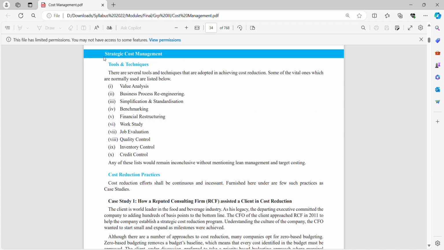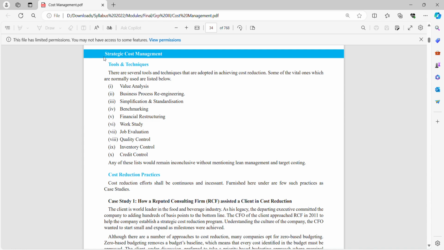There are several tools and techniques that are adopted in achieving cost reduction. Some of them are very, very important. Vital means important. Value analysis, business process re-engineering. Value analysis is nothing but we analyze which activity will add value to my product, to my service. Business process re-engineering: whatever the process was, whatever the strategy was, I change it, I start changing it. Simplification and standardization, benchmarking, financial restructuring, work study, job evaluation, quality control, inventory control, credit control, all these points